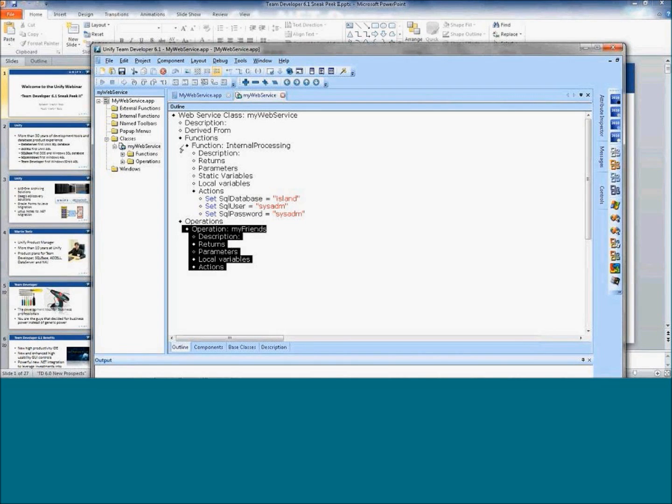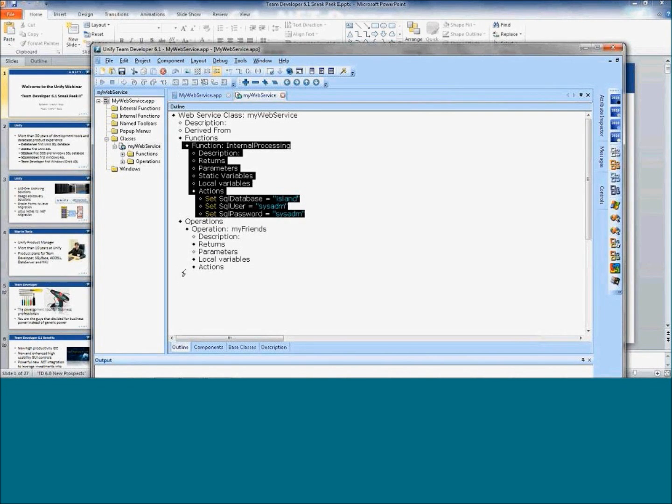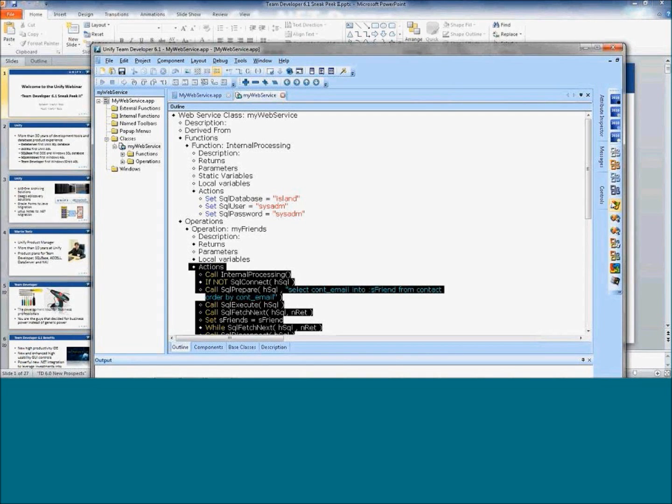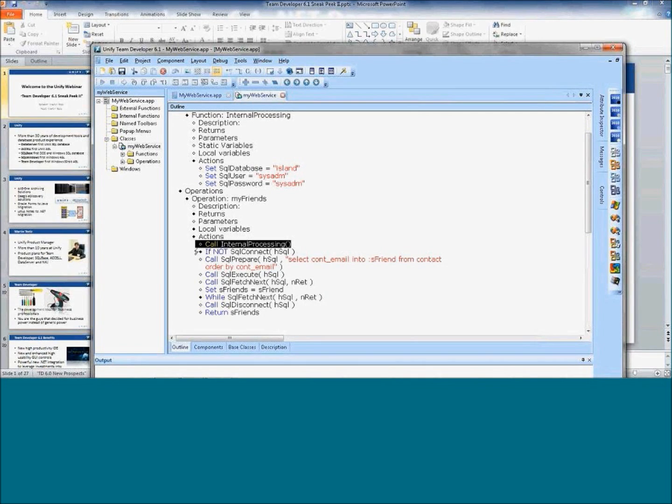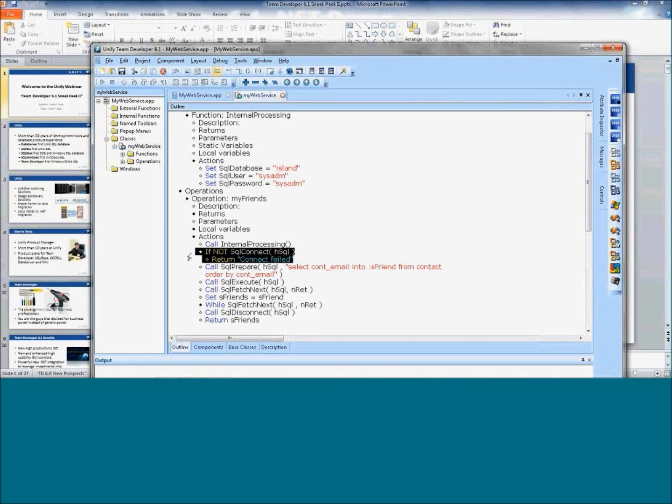And in operations, so this is just for internal things, what I do is, for example, call internal processing. So that's my internal function. And then I connect to the database. If that fails, then I return "connect failed". That is basically the string that the web service client will receive then. If it receives connect failed, then it knows that that didn't work. But there's also more complex web services error handling that you can use. And we will describe that in detail at our DevCon